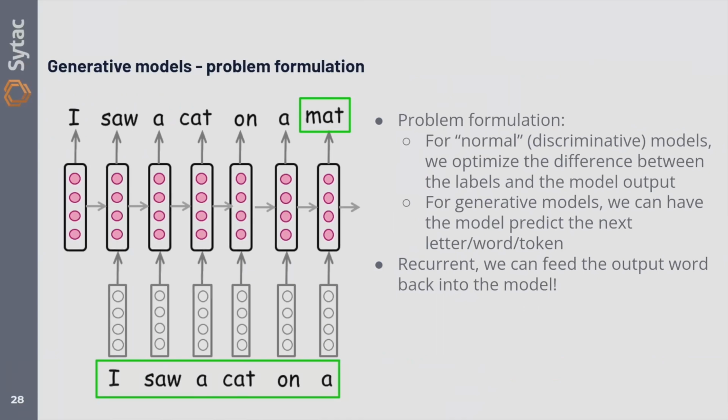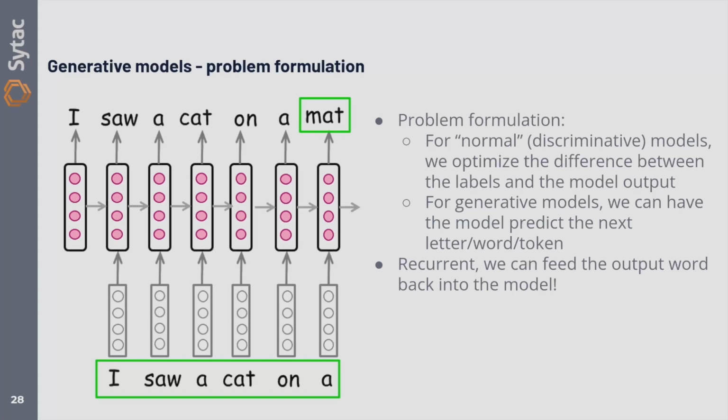So, how do we actually do text? You already mentioned it a little earlier, right? Very early at the start, it's about problem formulation, right? So classic machine learning models are like this. We have an output, and we have the expected output. We have an input. We want to minimize the loss function, right?